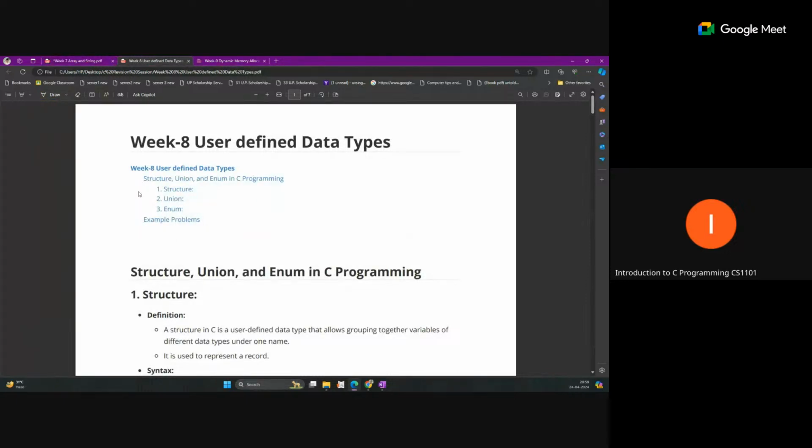Okay, so week 8, where we are discussing user defined data types, and in this week we are discussing only some user defined data types: structure, union, and enum. And what is a structure? We have discussed it in the weekly live session. So structure is basically used